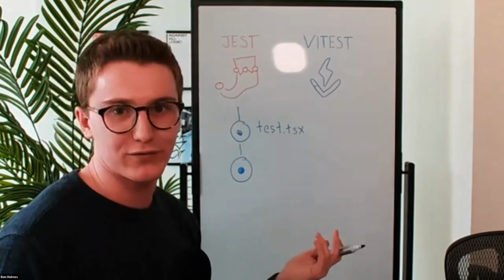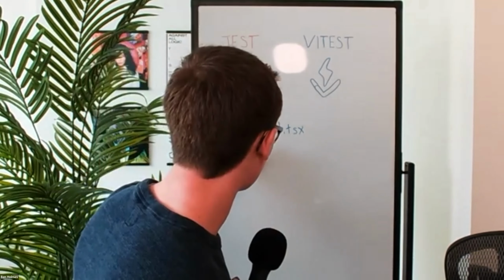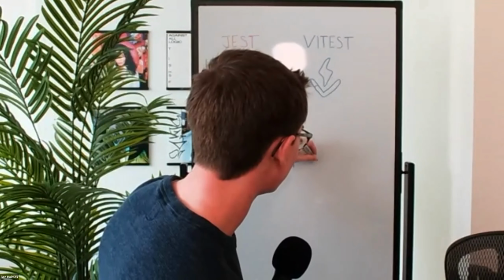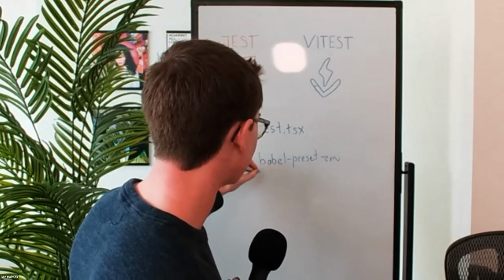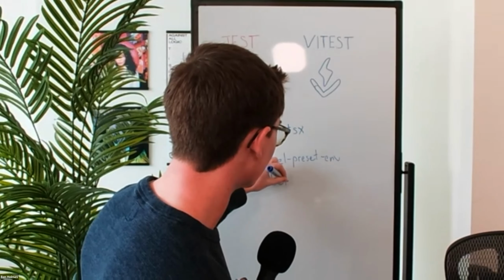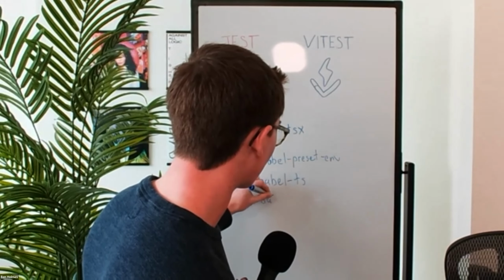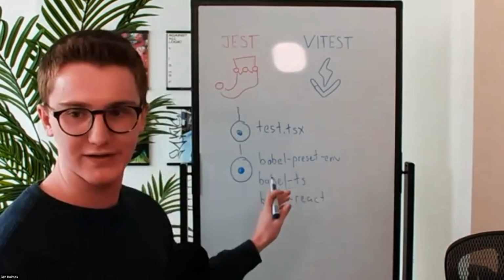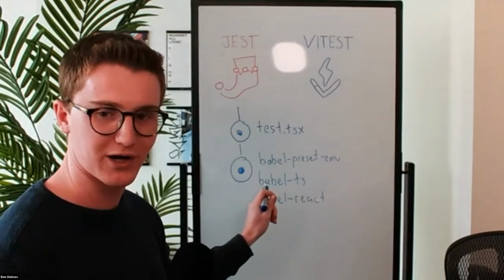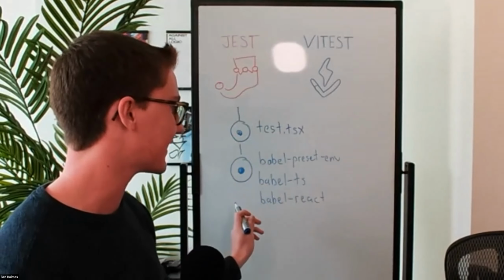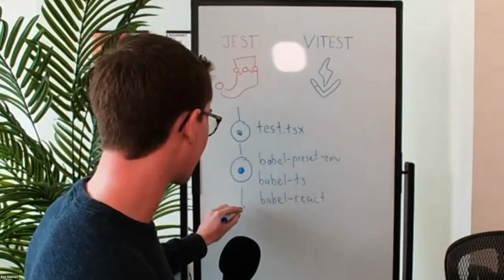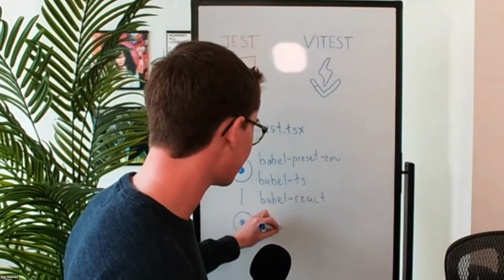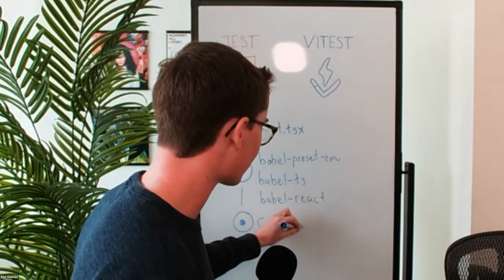And with that, if you're using their getting started guide, you might go down the route of setting up a Babel preset env, which is the default that most people reach for. You also might need Babel TypeScript in order to run all of your TypeScript. You might have Babel React or whatever the name of that plugin is these days. All of the plugins that you need in order to process TypeScript, process import statements, process React components, all of that wired up. And when it runs through that transform process, it's going to output a very nice CommonJS module that we can run through the test